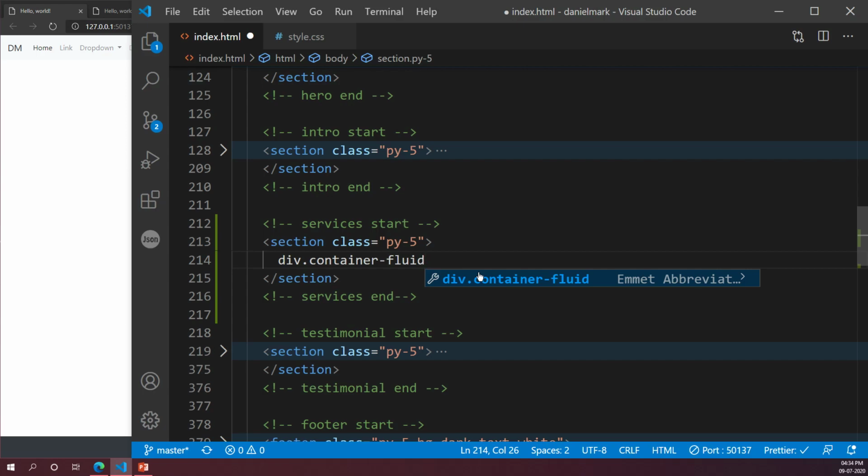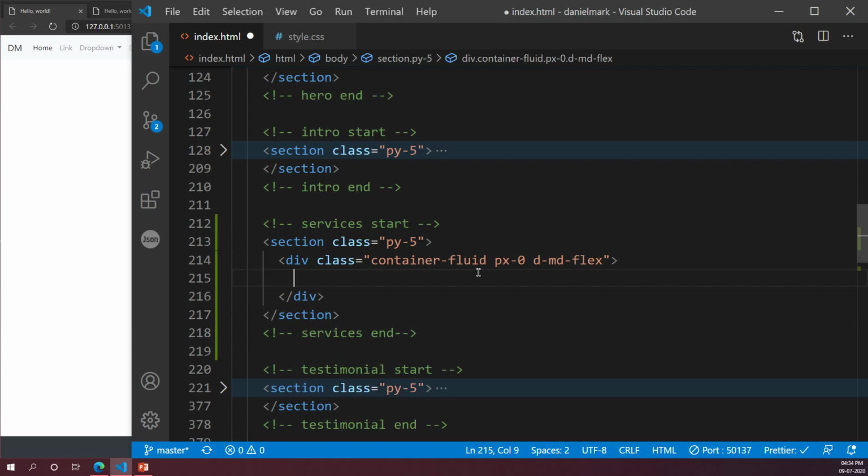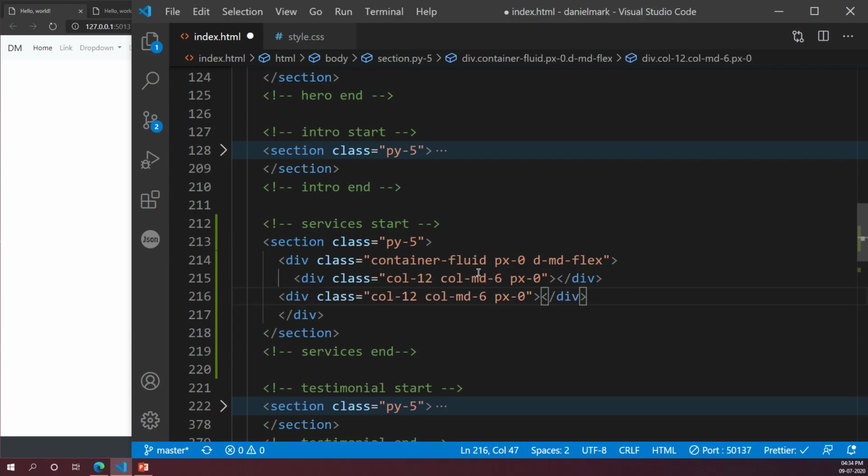With container-fluid, that padding would be very, very small. So we're going to use container-fluid, and we're also going to say px-0, and we're going to say d-md-flex, okay? Do that first, and inside this we'll add those 2 classes. Alright, so you guys do that, and then let me know once you've done that, okay?